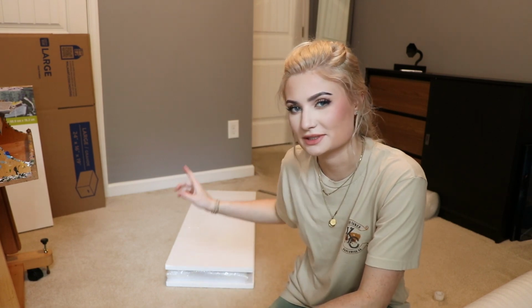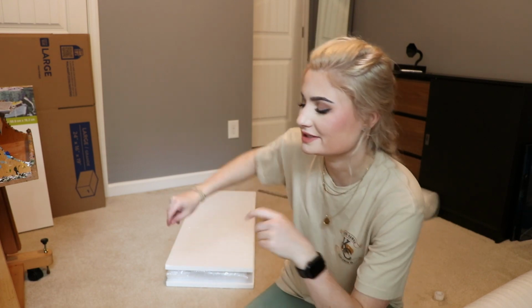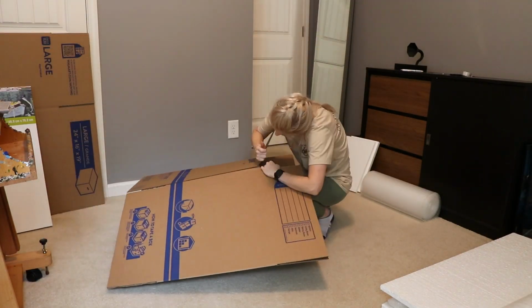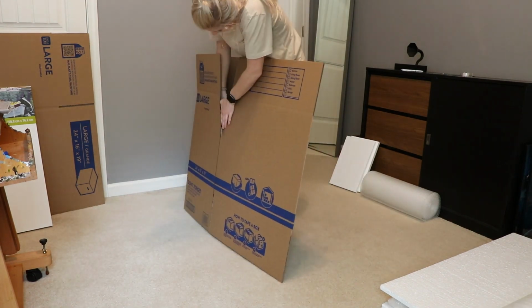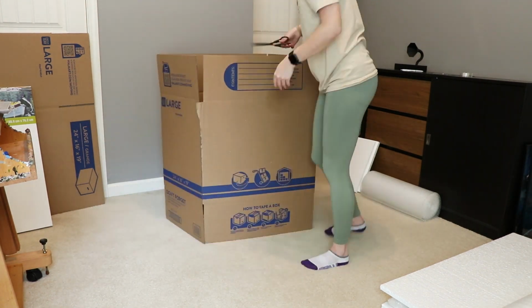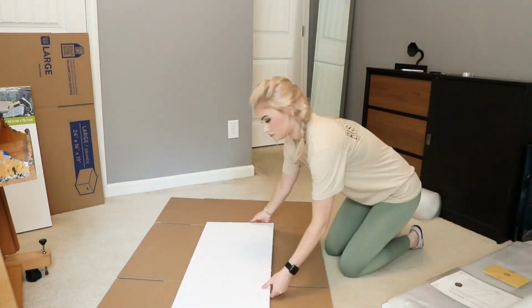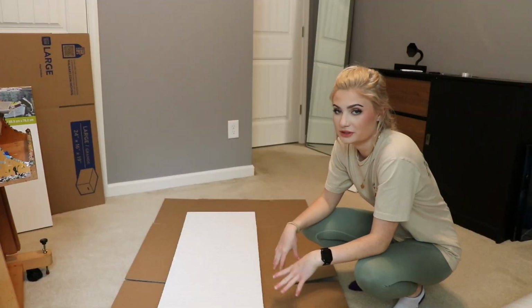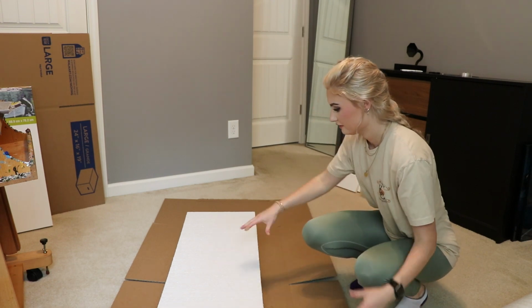A lot of times I will say tape does not want to stick to this kind of styrofoam board. So instead of taping it together a lot, I'm going to try to just build the box around it. After unfolding this box, it actually has a lot of nice folds that fit the canvas very